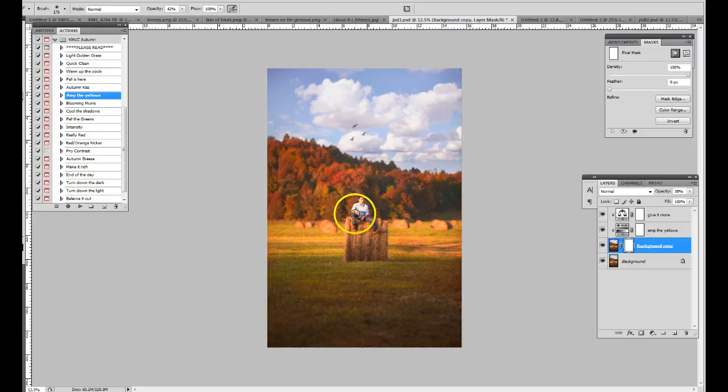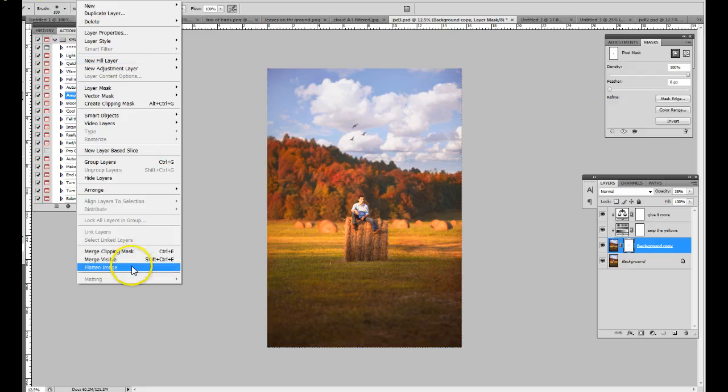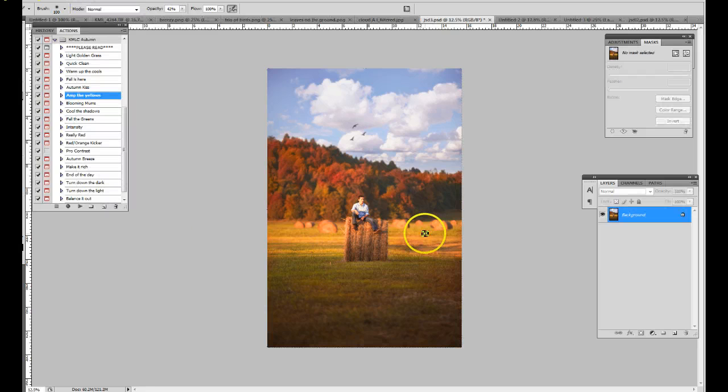Mask it off him a little bit because I don't want him looking all yellow. Just adds just the slight amount of gold I want. Flatten it. And I think I'm pretty good with this, so I'm actually going to go to Make It Rich